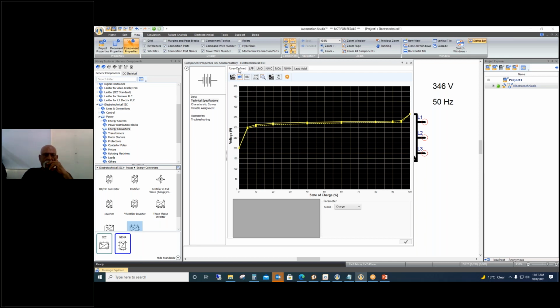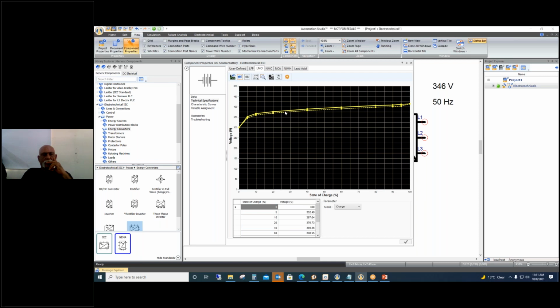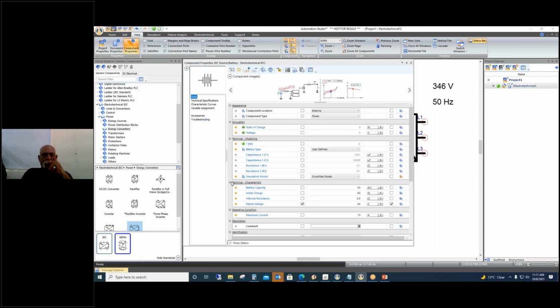So for example, here there are these different types of batteries available in the market. If you select that particular type of battery, the default curves for charging and discharging will appear here. If you want to edit or change the curve, you can just click and you'll get access to the points of the curve and you can edit the curve accordingly. The thick line above is the charging curve and the dotted one is the discharging curve. So right now I have taken these particular specifications of the battery with a rated voltage of 24 volts.